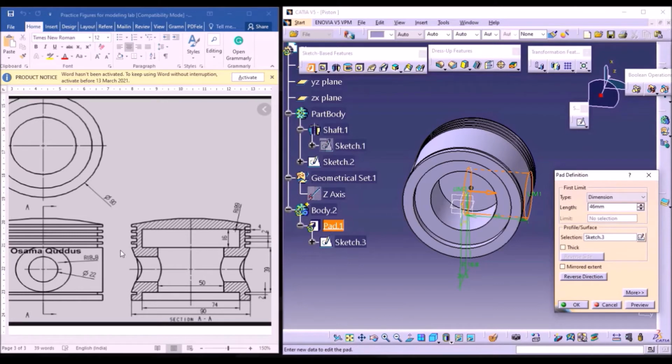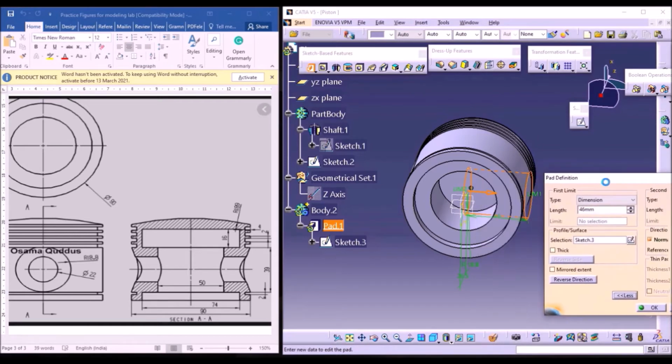But the object is not from the center, it is at some distance. From the center point, the object is added from 25. From this plane up to some 25 distance there should not be any part object. So for that, go to more.